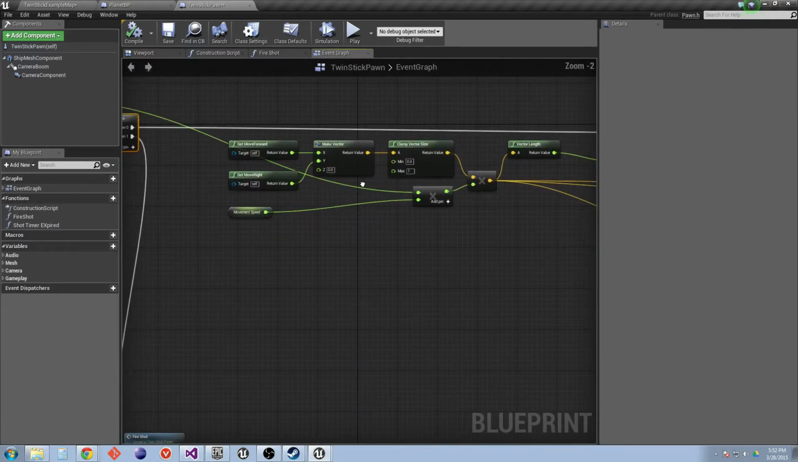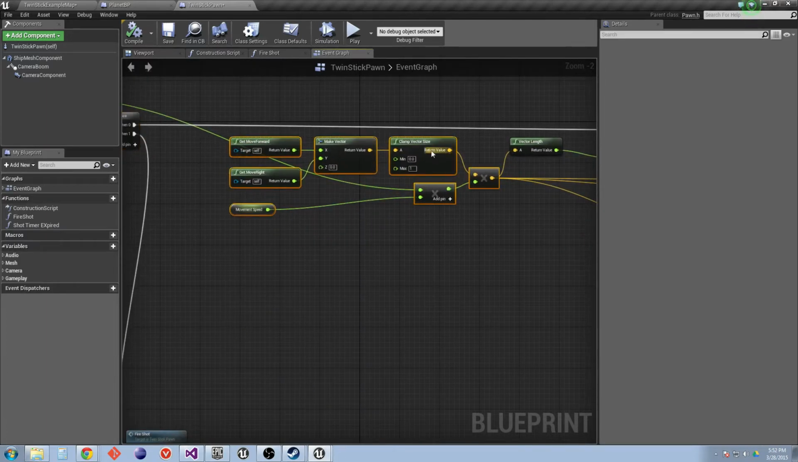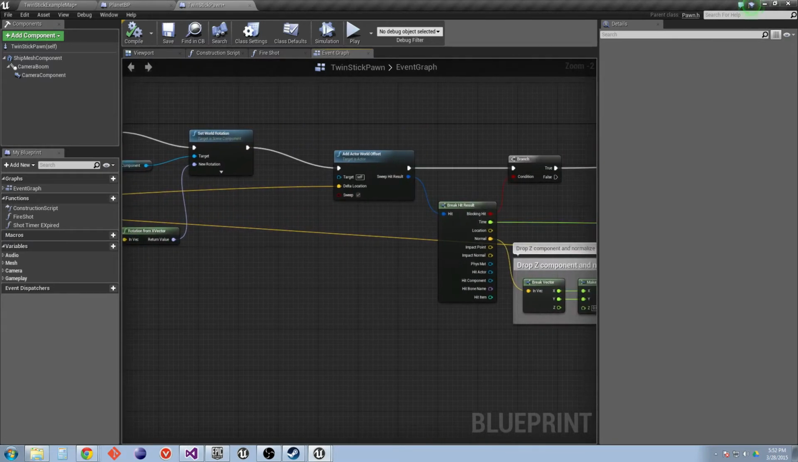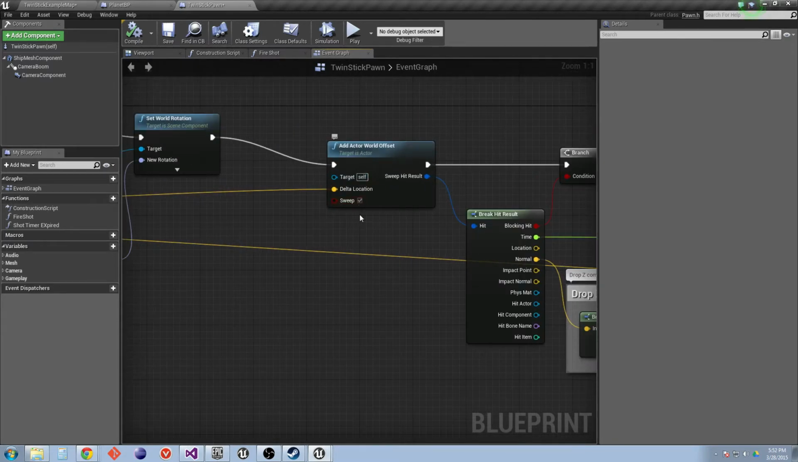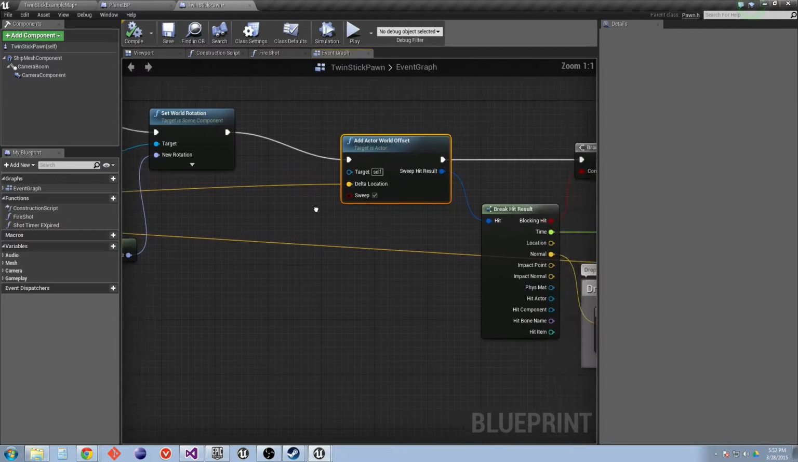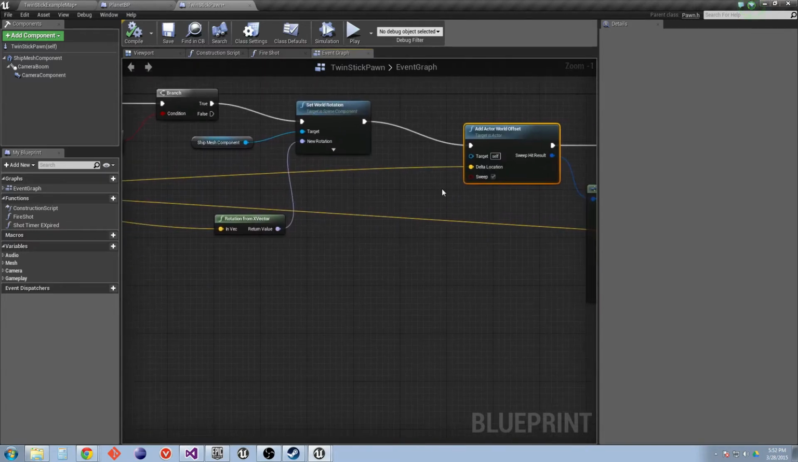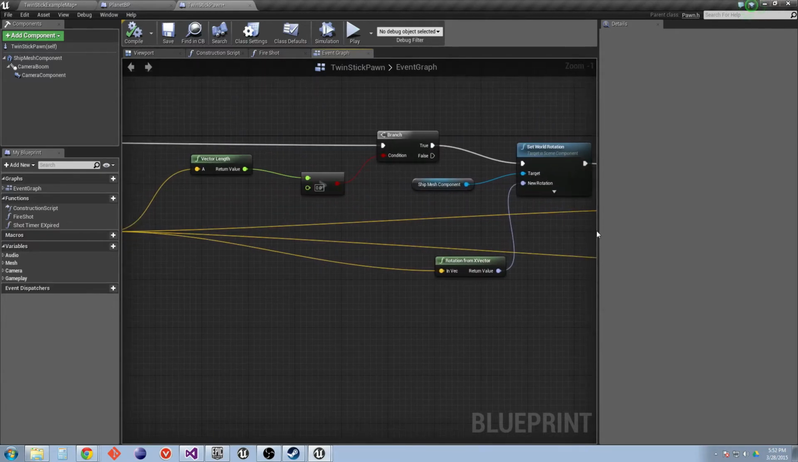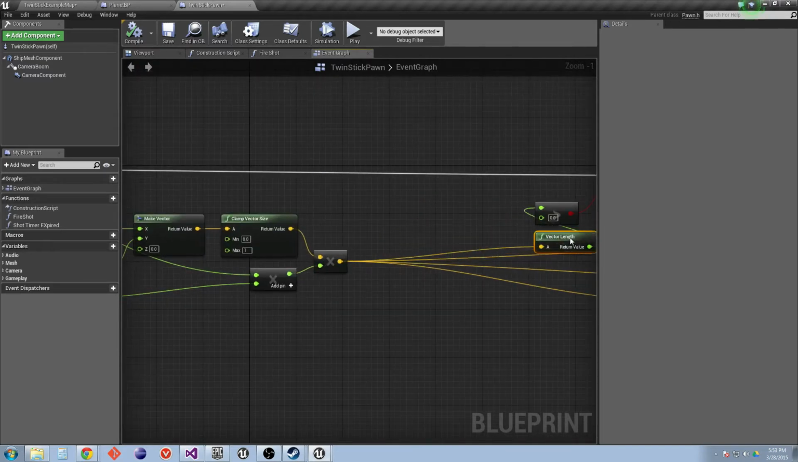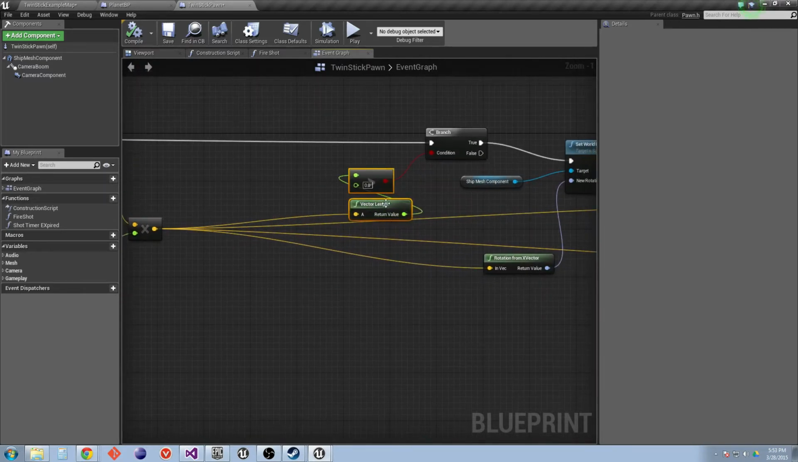So now what we need to do is say, let's move based on not the world, as in don't add actor world offset, but instead do it locally. So we want to move forward based on where the actor is facing. And we want to do this so that managing the rotation